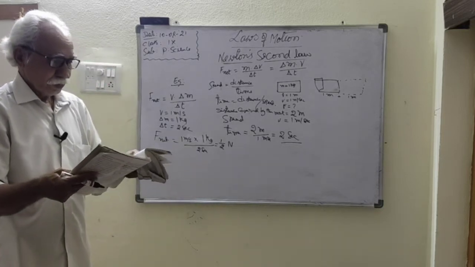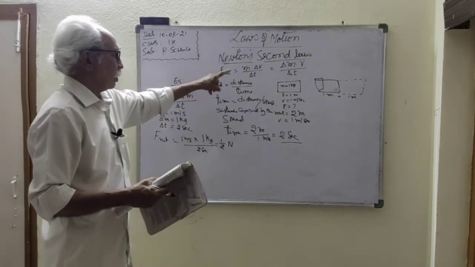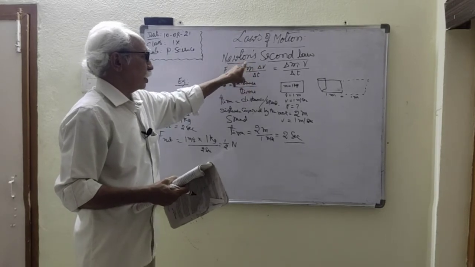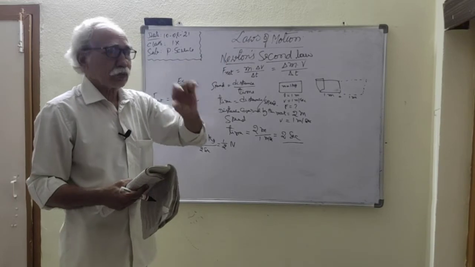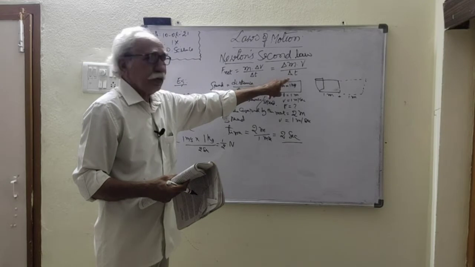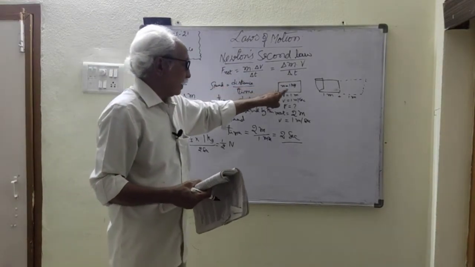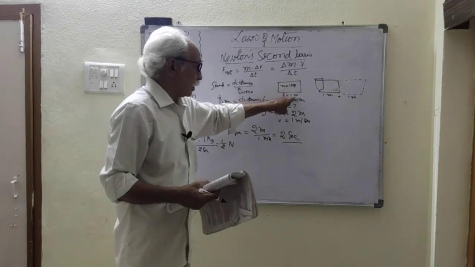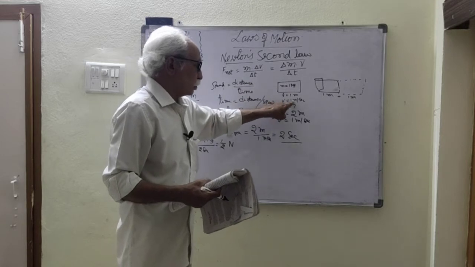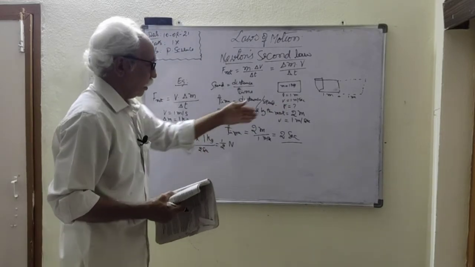Next one is example 3. Another example. Now understand here. According to Newton's second law, net force is equal to mass into change in velocity by time. The rate of change of momentum is called net force, or change in mass into velocity by time. So here, the length of the mat is 1 meter, the mass of the mat is 1 kg, and the speed of the mat is 1 meter per second. We are moving this mat from one end to the other end.